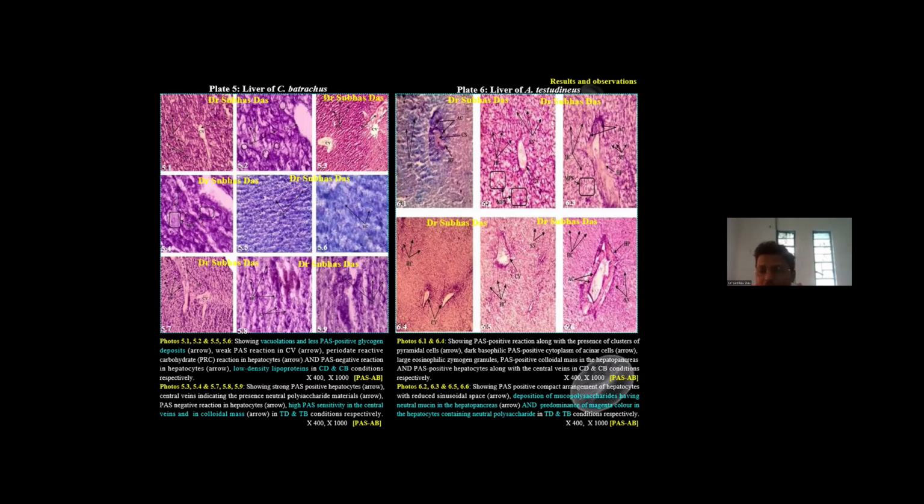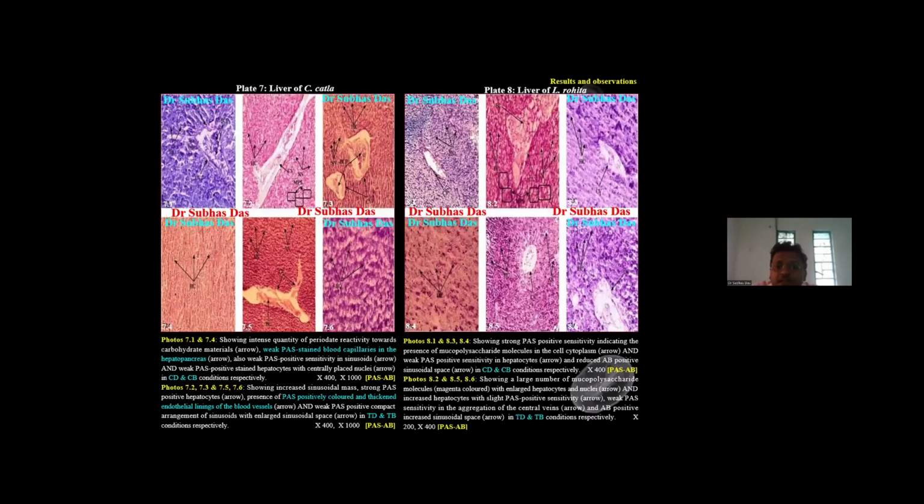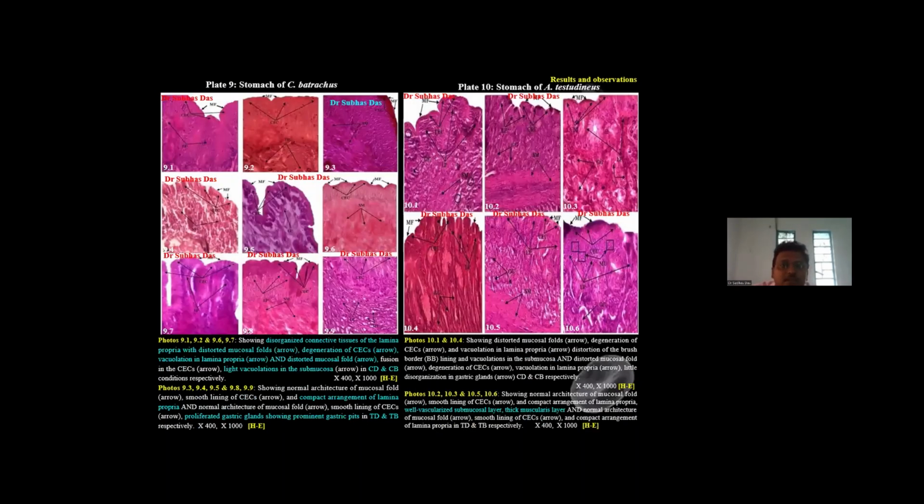Whereas under the choline exposures, there is a deposition of mucopolysaccharides having neutral mucins in the hepatocytes, predominance of the magenta color in the hepatocytes containing neutral polysaccharides. So through this, we can predict there is a huge mass of lipopolysaccharide accumulation under the control conditions, that is devoid of the choline. Whereas under the choline exposures, we can see the liver as well as the stomach cells,